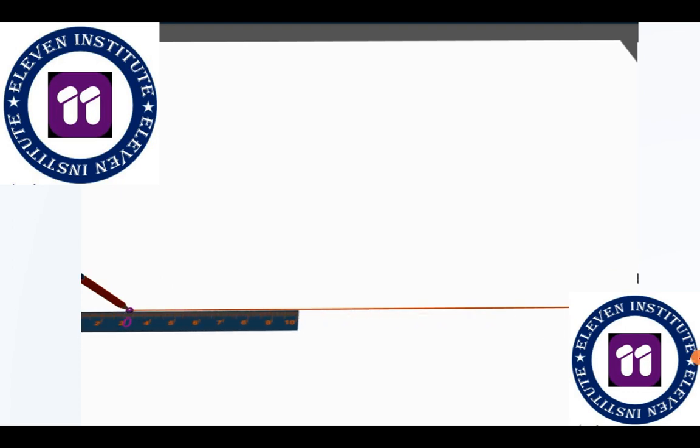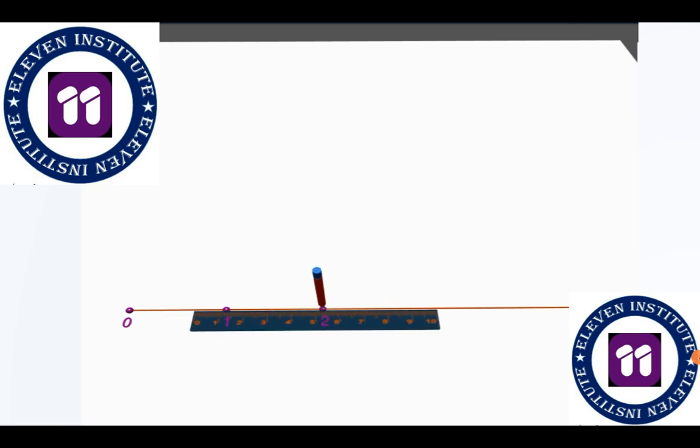Now this is very crucial. I have taken 4 centimeters, you can see. 3 centimeter to 7 centimeter means 4 centimeter, and after 4 centimeter I have written over here 1. So what I have done is 4 centimeters is equal to 1 unit. Another 4 centimeters and I will plot the number 2. Again another 4 centimeters and I will plot the number 3.